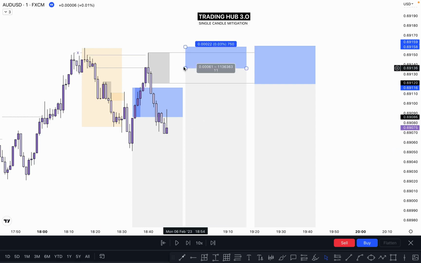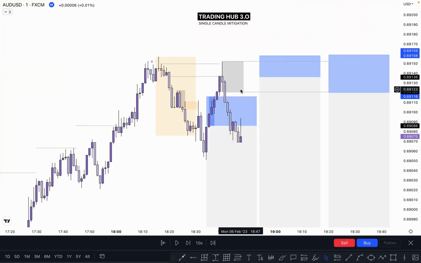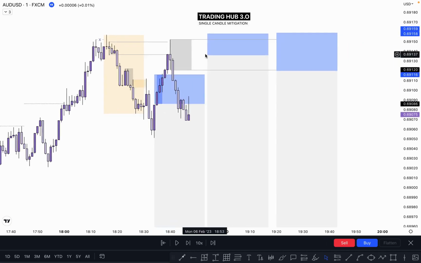Okay, but the first entry is active here, and the next time, sometimes the market mitigates this one and sometimes not, as we have done in the previous example. Sometimes the market does not mitigate our pullback entry, like you can say a single candle order block entry. Okay, the direct entry is always here, and at the current price action, as you can see here, the candle has taken